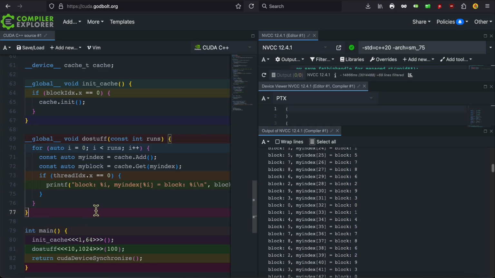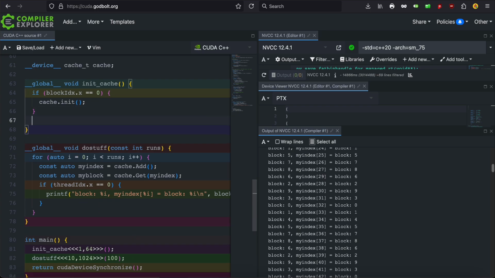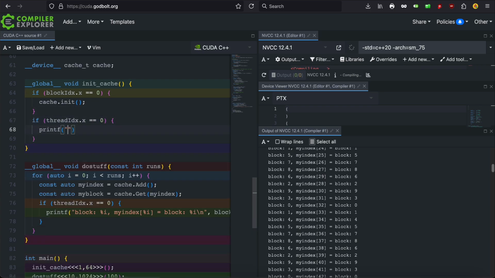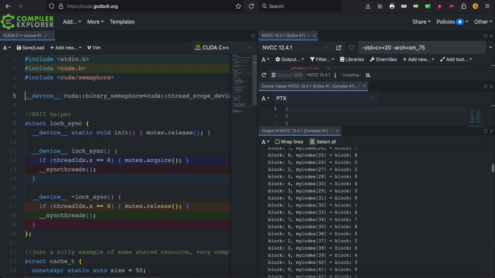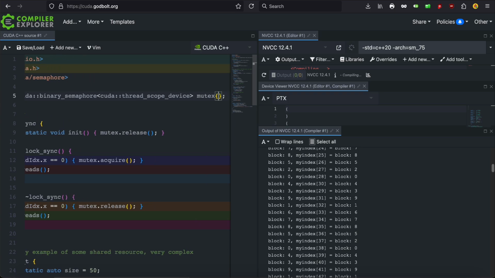Now let's have a look at what happens when we change a few things in the code. Here we've actually not initialized the mutex, we just leave it as standard.